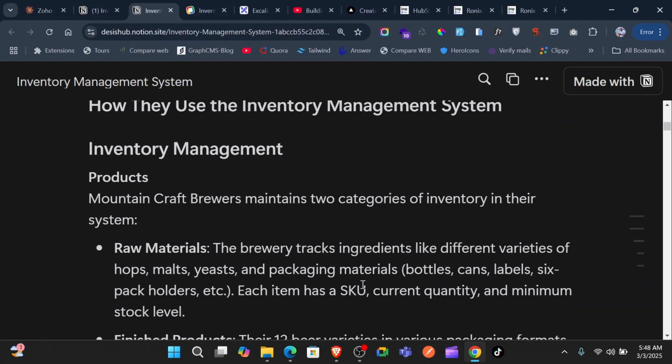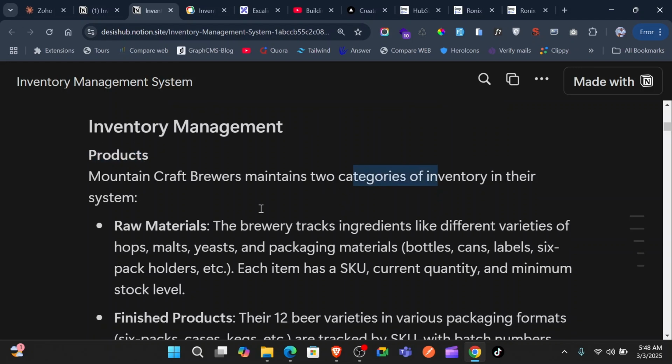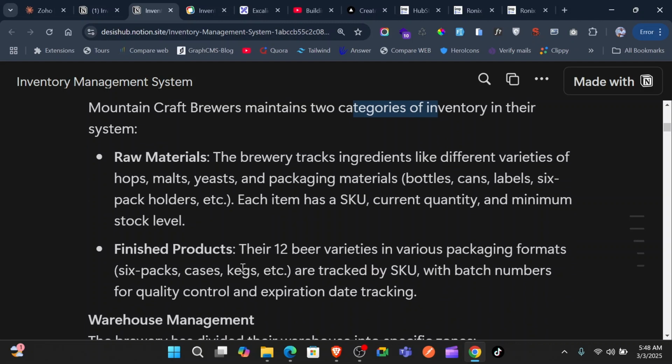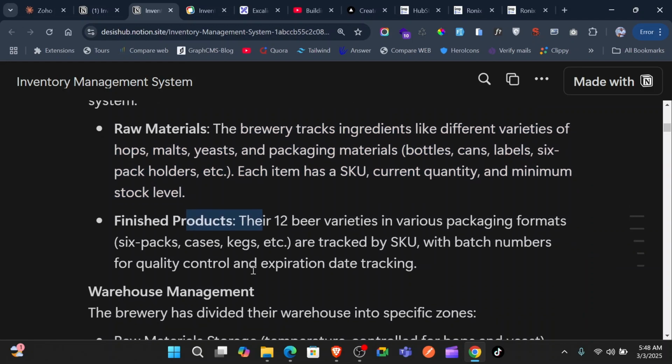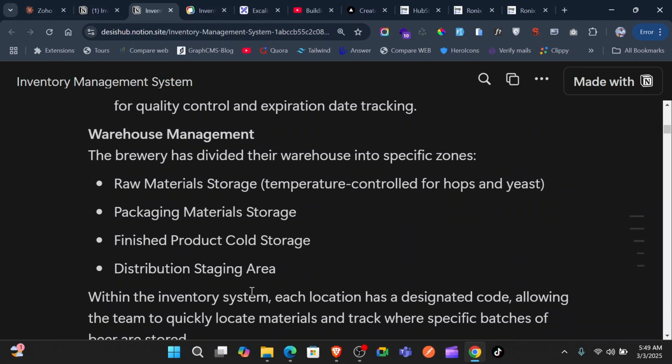For instance, products. Mountain Craft Brewers maintains 2 categories of inventory in their system. So already this shows that products must have categories: raw materials and finished products. And you can see in each category they have each product. Then warehouse management. The brewery has divided their warehouse into specific zones: the raw material storage, packaging material storage, finished product storage, and distribution storage. And